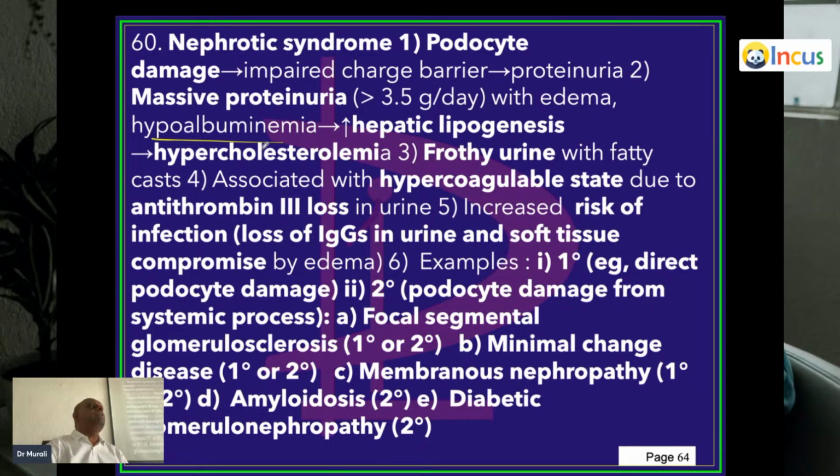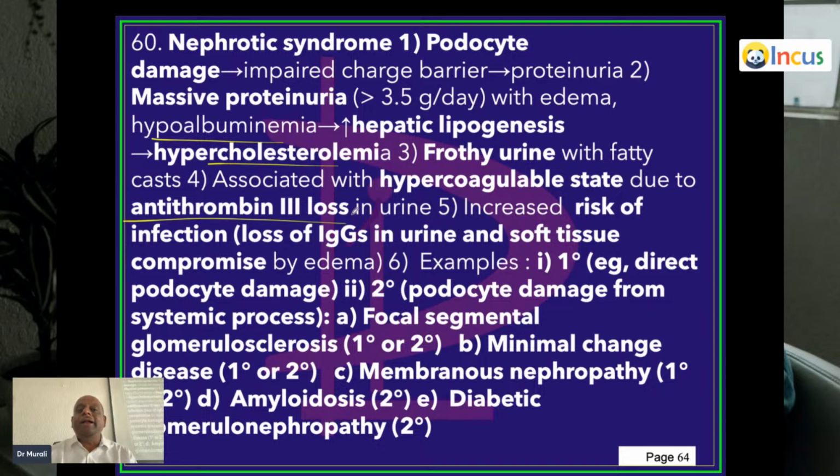And you know, how is lipid carried in our body? Lipoproteins. Right? What is the principal carrier of cholesterol? LDL. Principal carrier of triglyceride? Endogenous VLDL. Exogenous chylomicron. They're all lipoproteins. They have a lipid carried by a protein moiety. The moment there is a proteinuria, there is no apoprotein available, hence the lipids cannot be handled, and that leads to development of hypercholesterolemia in the patients who have nephrotic syndrome.